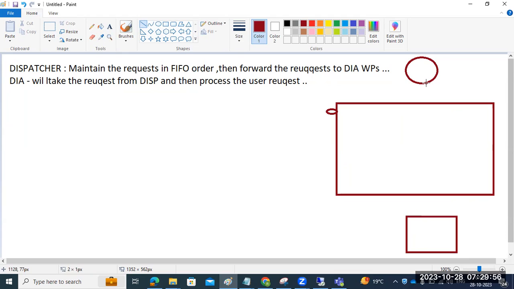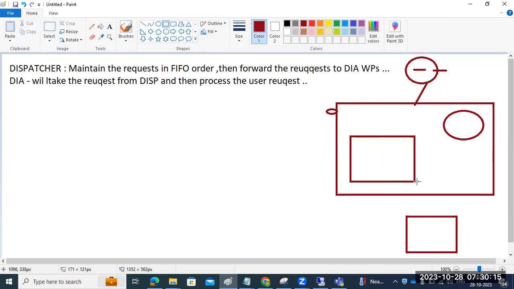Okay, we'll go. So here, the user and SAP GUI is here. Whenever you click in the presentation layer, first it will take this. So first here in SAP we have the ASCS instance, then we have the application server instance.